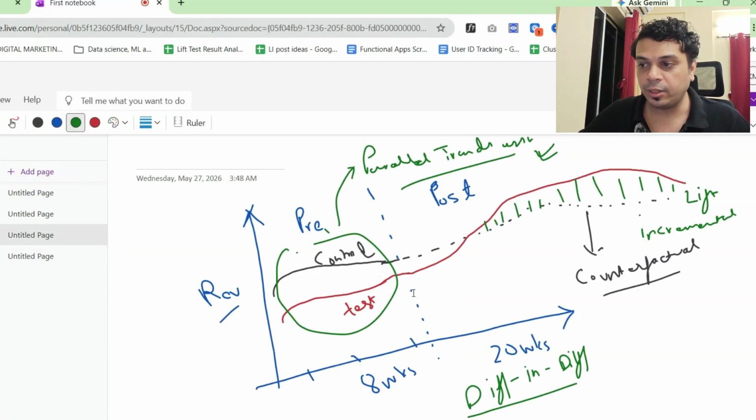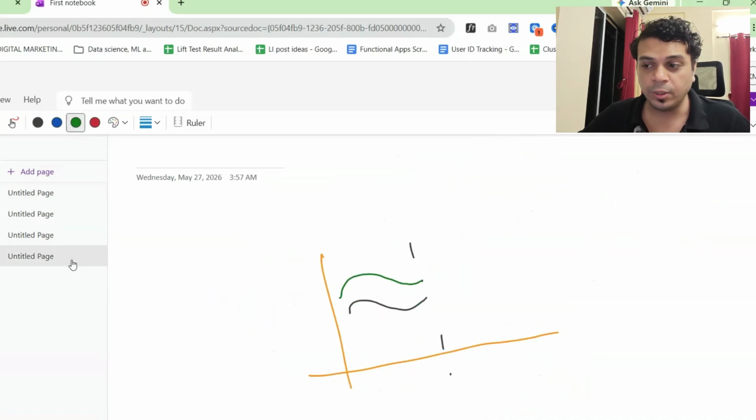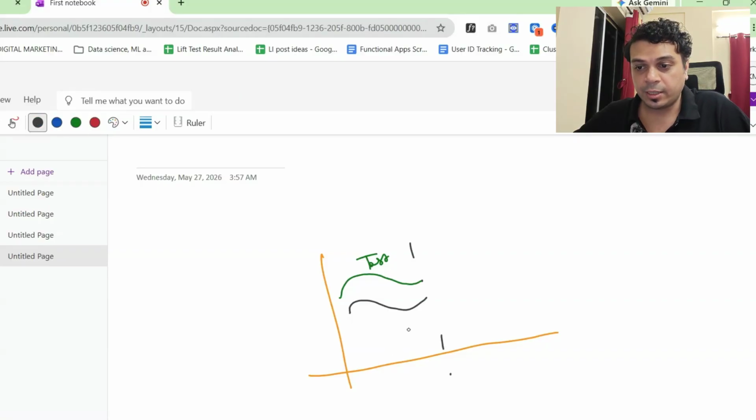Now, a very important point here, if you look at what I did earlier, is that the test was below the control, right? So the geos that received the YouTube campaign, that were exposed to the YouTube campaign, were actually at a lesser level, and then the levels increased after the intervention. This is a very interesting thing. I mean, if it were the other way around, suppose in this example what I just started, suppose the test, the green one, is your test, and the black one is your control,